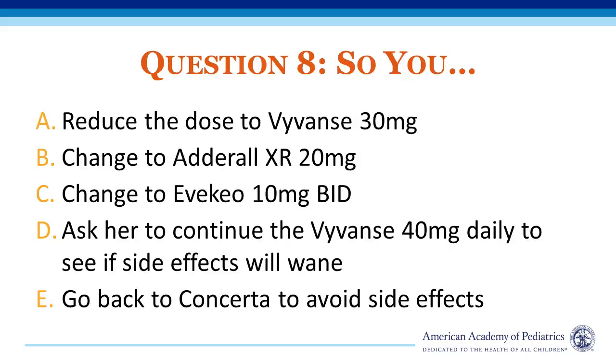We're either going to maybe titrate down to 30 and split the difference, try a different isomer, maybe 20 milligrams of that, even a different isomer, more of a 50-50 DL, Adderall being the 75-25 D to L isomer, Vyvanse being 50-50, or ask her to continue the 40 though. Maybe the side effects will just get better over time, and then too many side effects, back to Concerta. So your next move would be